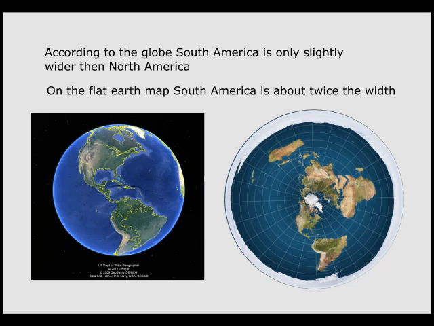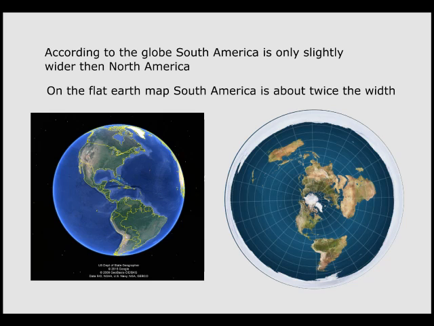Okay, so let's look back at the globe versus the Flat Earth map. The Flat Earth map being flat, a circle with ice surrounding it, keeping the water in. Remember guys, water always levels. It always finds a level. It's flat. It can't bend around and hold to a circle. So which one is correct? Now to do this,